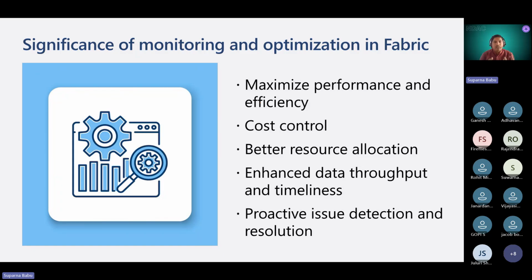This month it completed 2 years. So everyone is going to Fabric, acquiring the trial licenses, creating the pipelines, doing everything. So at the end of the day, you need to maximize the performance. How do you need to maximize the performance? You need to reduce the items, you need to optimize, you need to do a lot of things, and you need